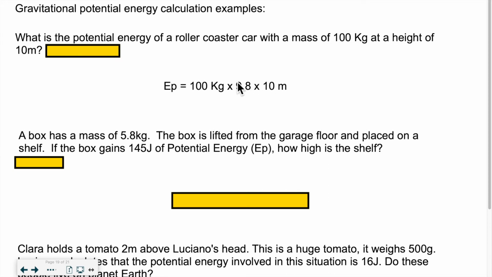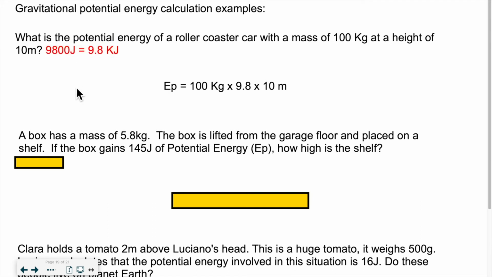Now, gravity, this is an accepted value. It is not a measurement. So G never enters the analysis of significant figures. So in this case, my answer should have 2 sig figs because of this number over here, which has only 2 digits. So if we do the calculation, we get